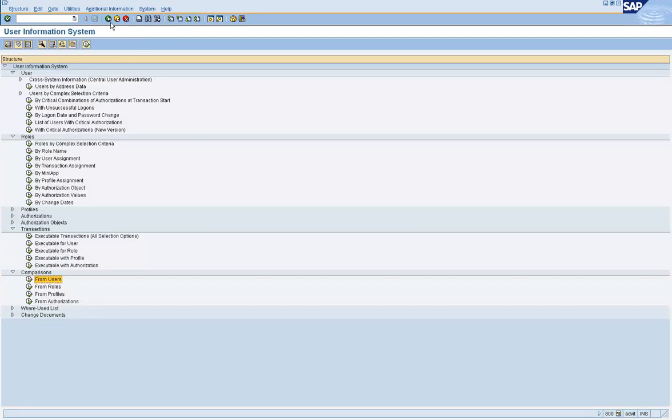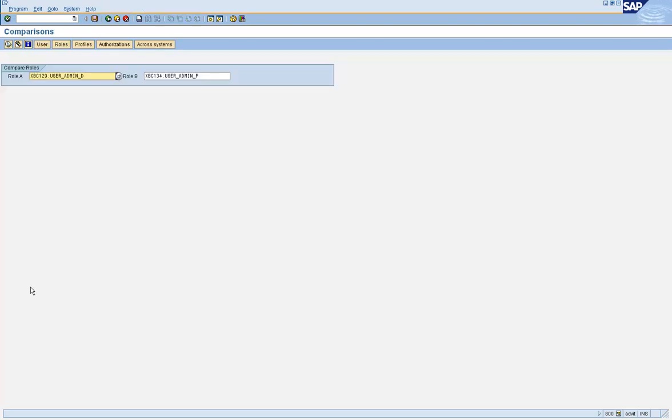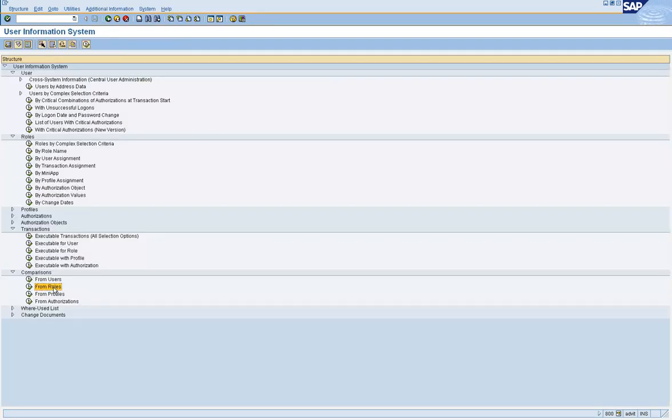When users complain that they should be able to do the same stuff as some other user, then the users option could be useful. But from a security standpoint, I would say this is the primary one, importance-wise, the roles option. No, sorry, from roles. Okay.